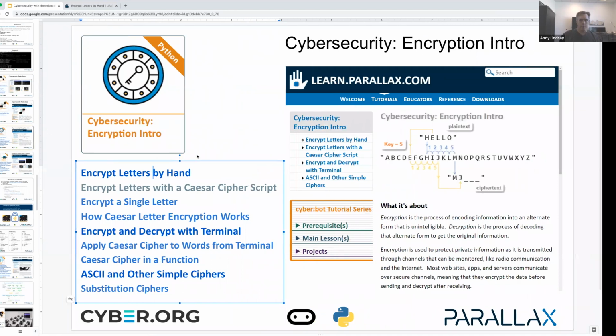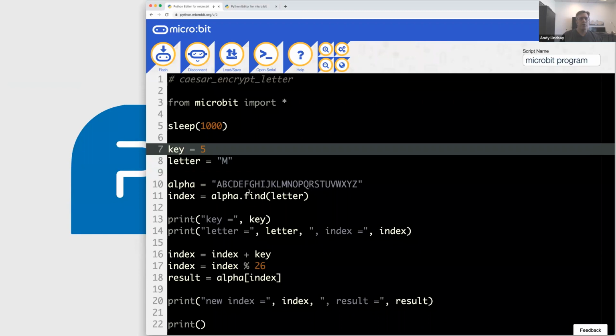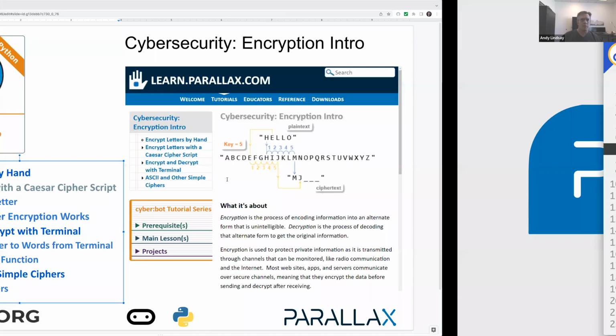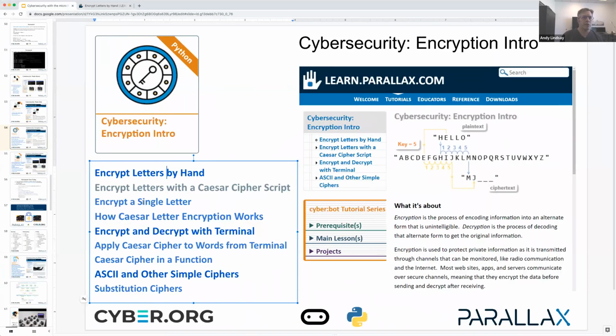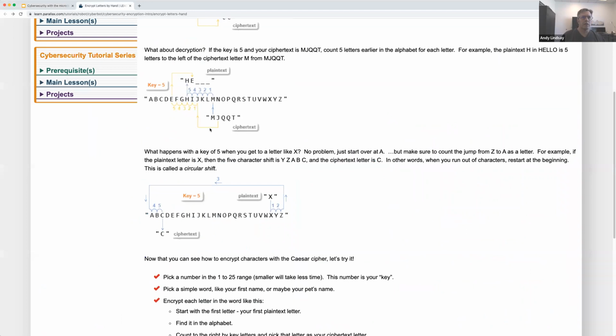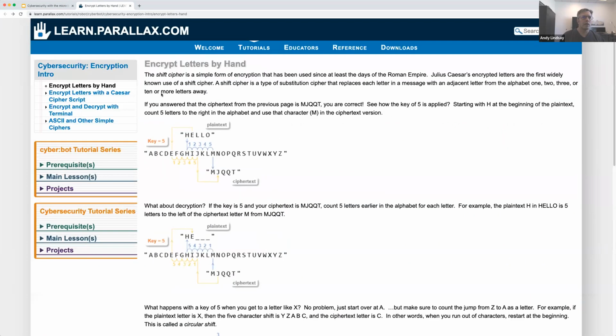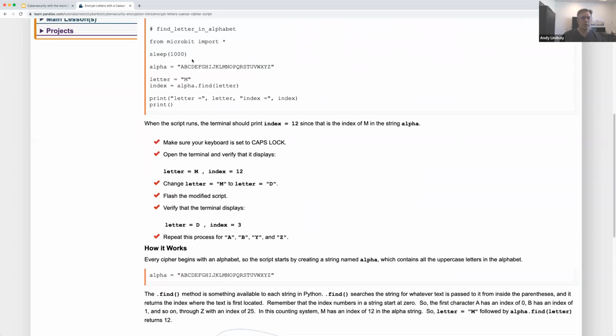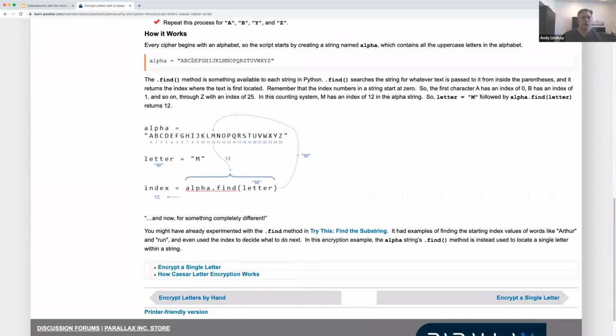Now, also introduced here is how to decrypt it. Let me see if I can find that. So we're encrypting a single letter. So this was the encryption. And then